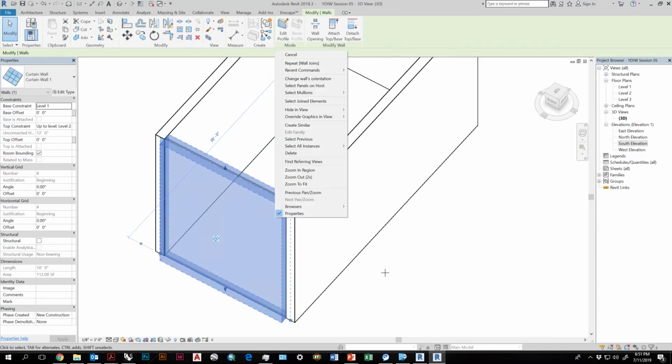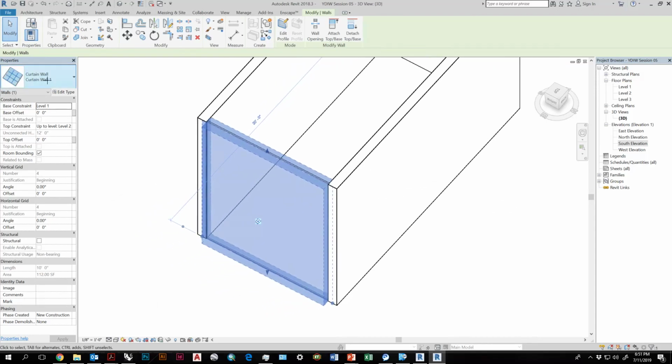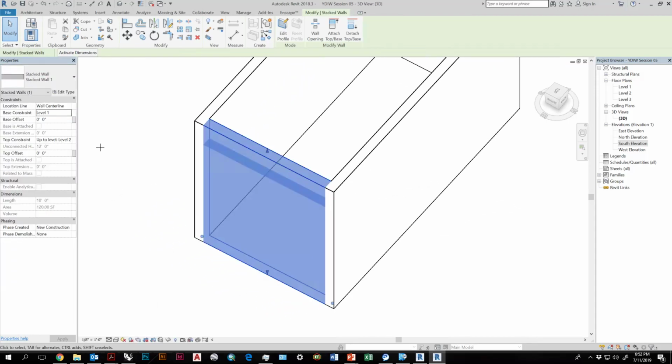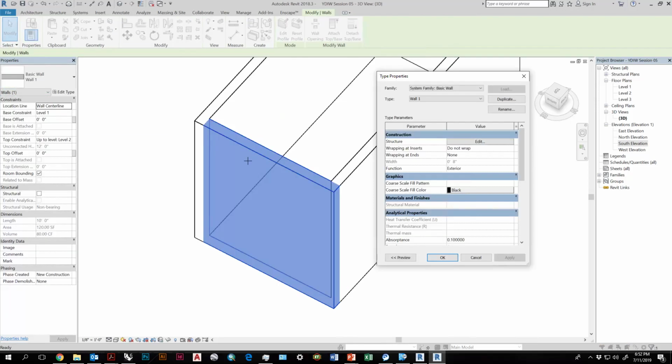It has no mullions yet, but it is basically just a glass wall. And then you have stacked wall, but we can create more or import more wall types inside Revit's system family. In this case, we're just going to modify a couple basic walls.